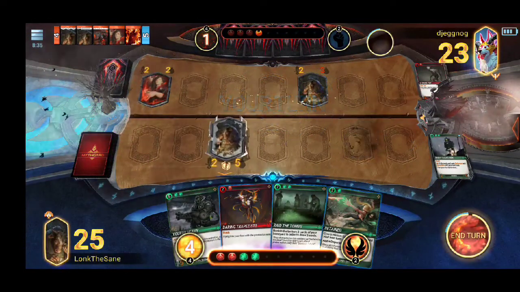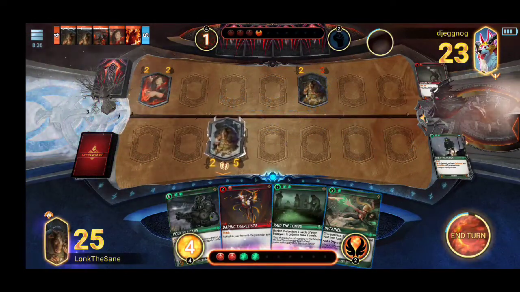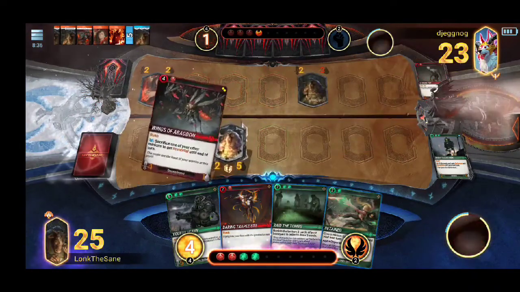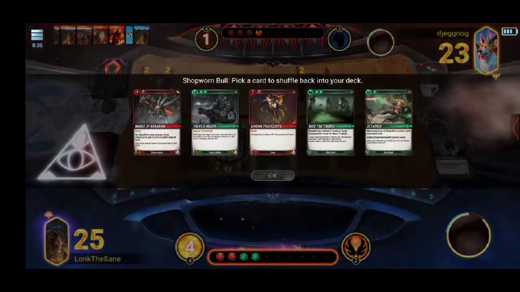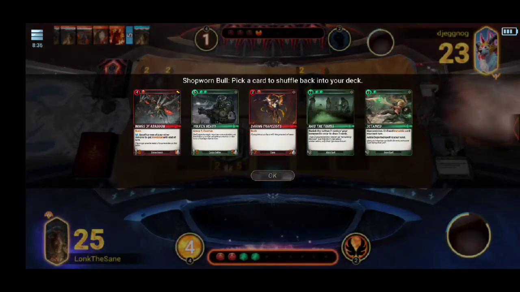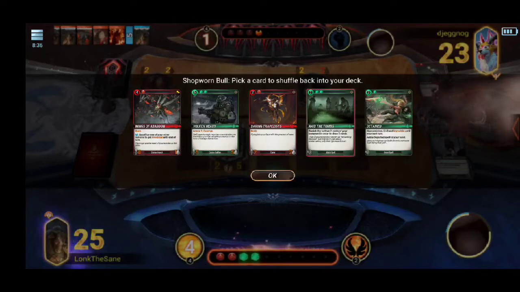Okay, that's a heavy. First thing first, Shopworn Bull. Let's see what we get. Wings of Abaddon. Do I keep that? I think so. But I think the tombs can go...